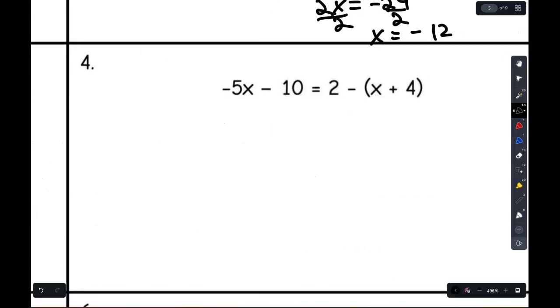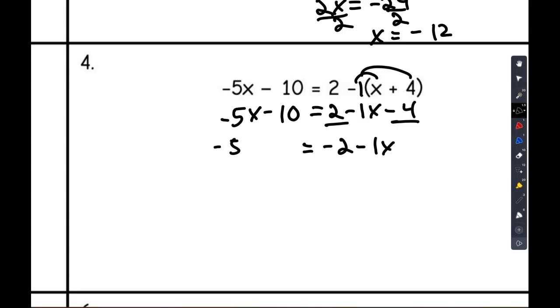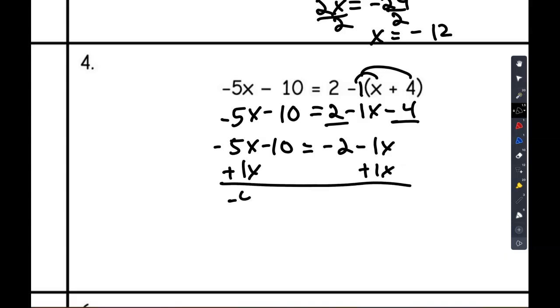All right. And this is important. You got to distribute this negative 1 here, right? All right. Once you do that, you have negative 5x minus 10 is equal to 2 minus 1x minus 4. Like term here is 2 and negative 4. That's going to get you negative 2 minus 1x. Everything else I'm going to bring down here. All right, we're going to move the letters to the left. Add 1x on both sides. That's going to give us negative 4x